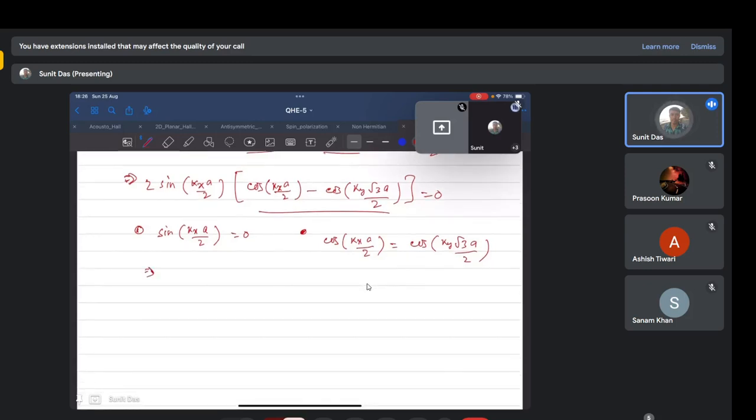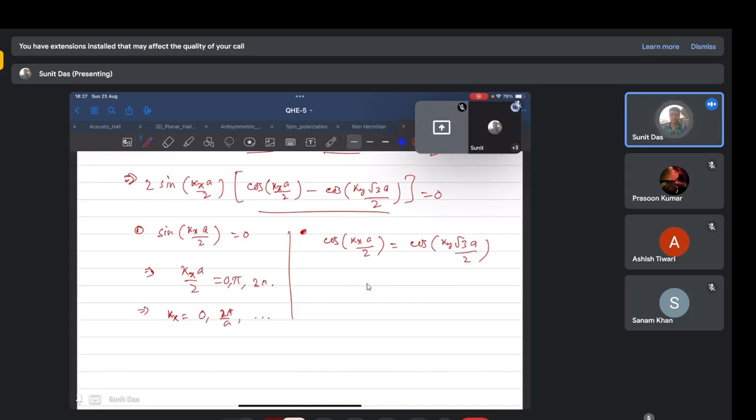So this happens when there is n pi, right? Sin n pi equal to 0. So cos kxa by 2 equal to, the simplest possibility is 0 or pi. It can be 0, pi, 2 pi, and so on. And from this, we can have kx equal to, let's say, 0 and 2 pi by a and so on. And from this term,